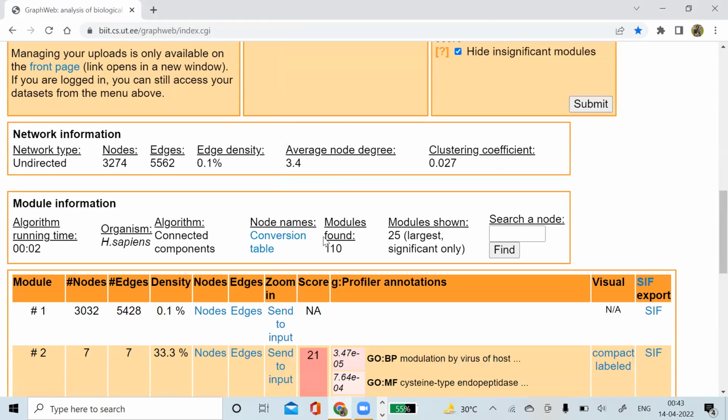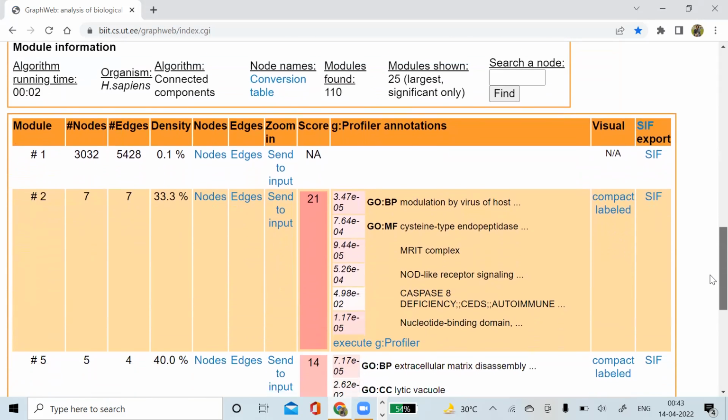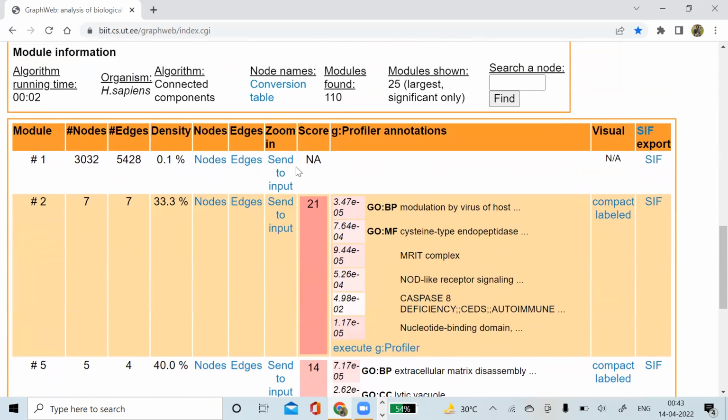We also got information about the modules found in this network, which are 110, and out of them 25 are large and significant. So it is showing only that. If you are interested in studying a particular node, you can search for that node in here. We also have scores, and we have the option to see the nodes and edges in that particular network from